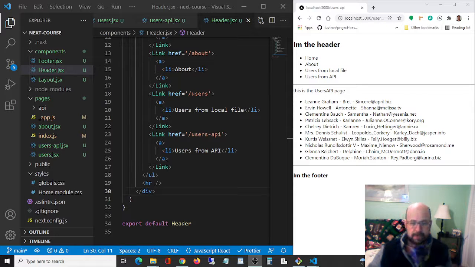Okay, people, I just wanted to explain something really fast. I don't think I did a good job in the last video explaining the point of this getStaticProps. You might have been saying, well, we already do this in React. We get data, we put it on the page, whatever, we move it around. The point of getStaticProps in Next.js is when you're done coding your page and you're ready to host it